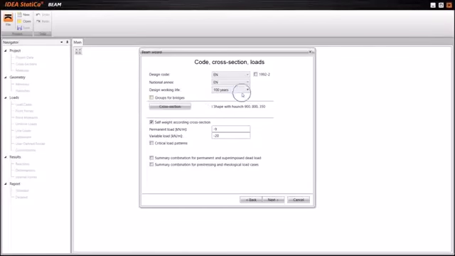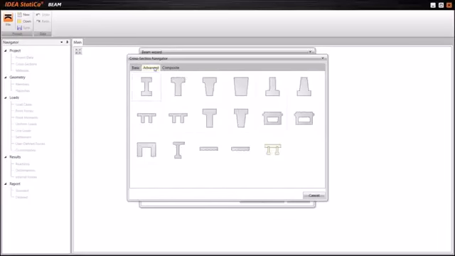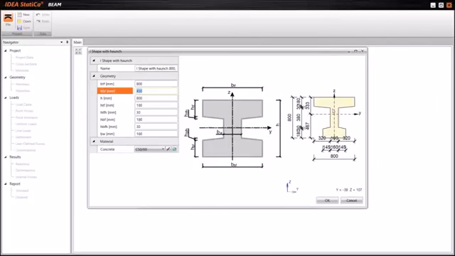Our design working life is 100 years, and even if originally the beam was a bridge, I will skip it now so that I make the example very simple. You have to input some cross-section. Today we will use this type of I shape with haunches, and you can adapt the data. Here the dimensions